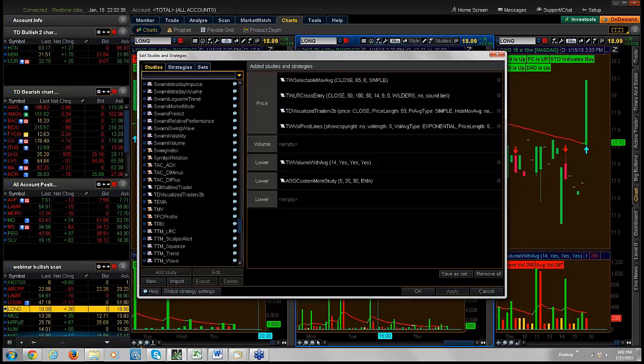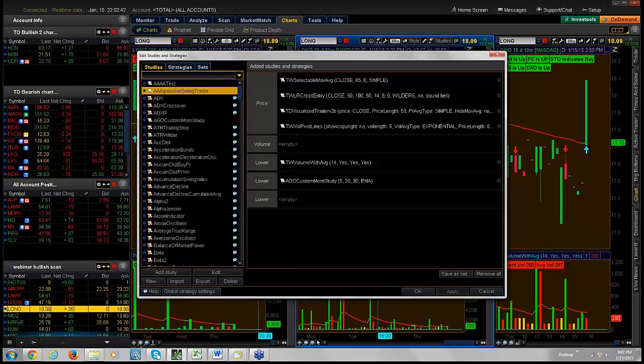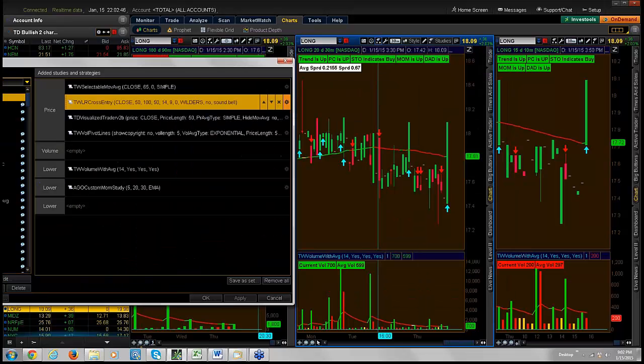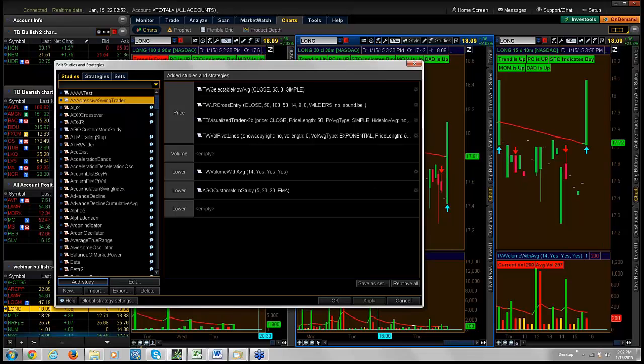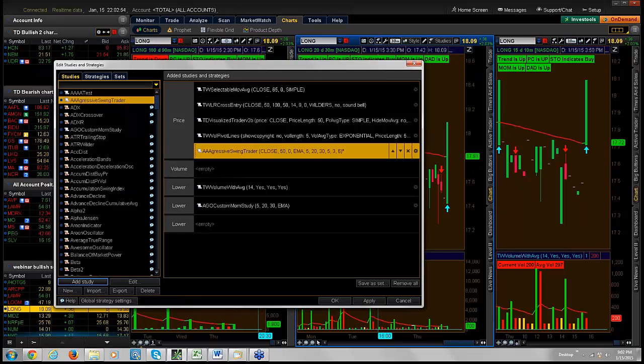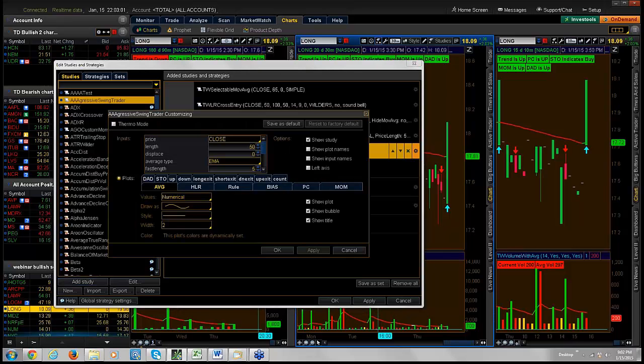TD Visualize Study. Well, I'm going to install the other one because we've already got this one on the platform. You just highlight it, and whatever chart that you clicked on, you see this got the blue box around, it's going to add it to this chart. Okay? So we just add the study. And there you can see it appeared. You can now go into there, make all the adjustments you need to make, and